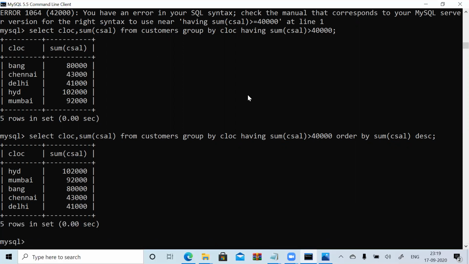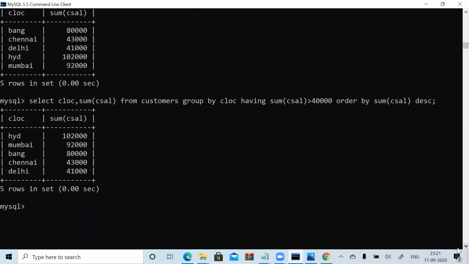Try to check how I'm performing all those things. Now we'll check how to use auto increment. Just try to create one new table. Create table, the name will be something like incre, an example for the increment table. Next, what is auto increment? We'll see what is meant by auto increment.